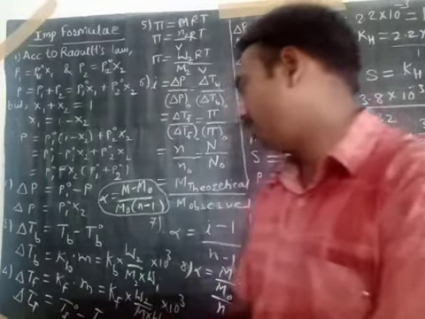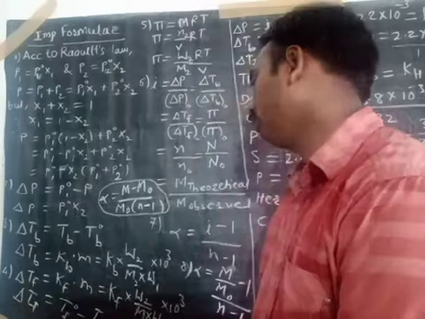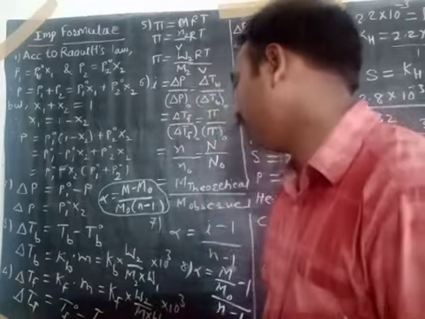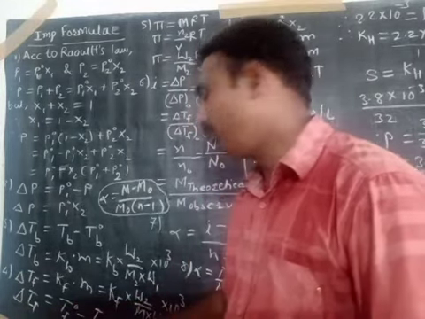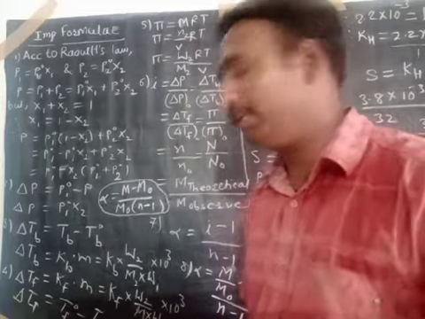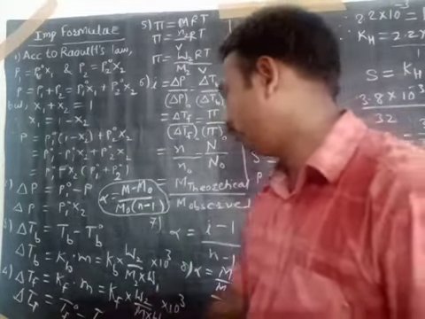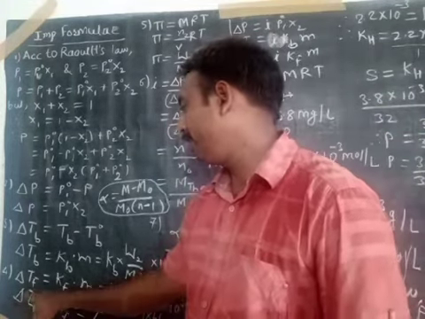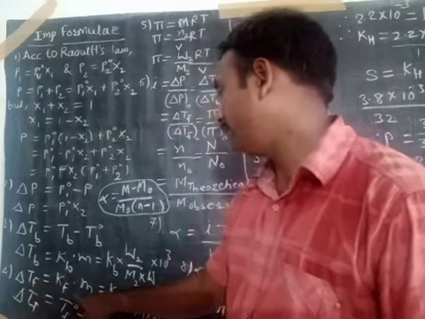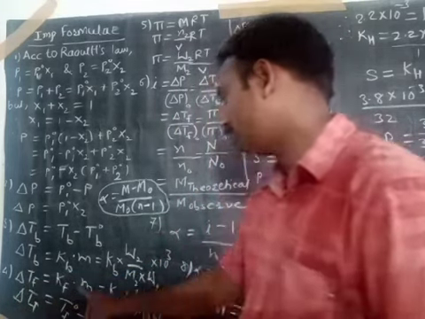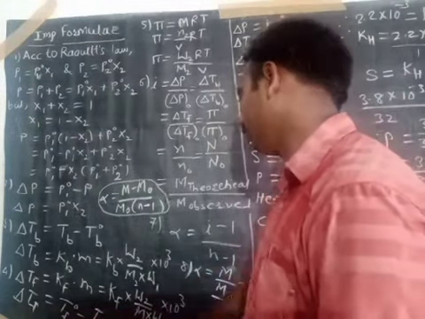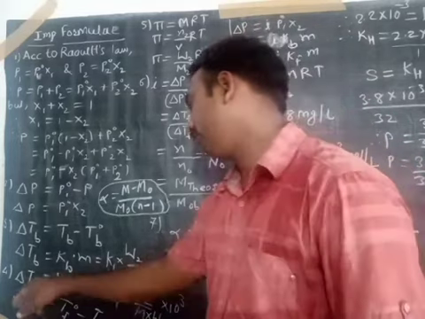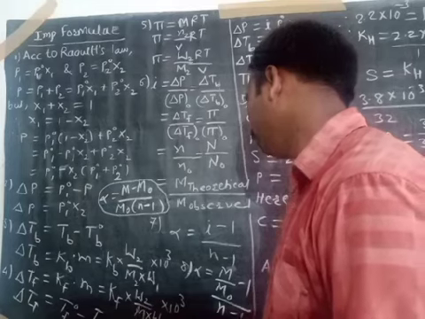Then the fourth formula belongs to the third colligative property, that is depression in freezing point. As per the definition, delta Tf, that is depression in freezing point, is equal to T0f minus Tf. T0f stands for the freezing point of the pure solvent and Tf is the freezing point of the solution. The second derivation related to that was delta Tf is equal to Kf into m, where Kf is the molal depression constant and m stands for the molality. As per the molality we can put W2 upon M2 into W1 into 10 raised to 3, and that's why delta Tf becomes Kf into W2 upon M2 into W1 into 10 raised to 3.